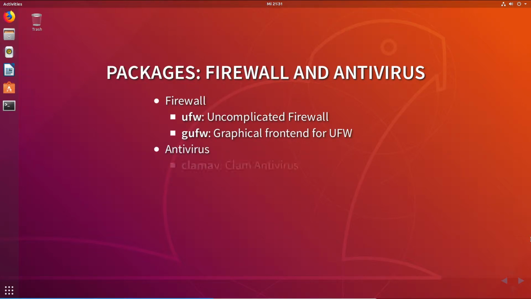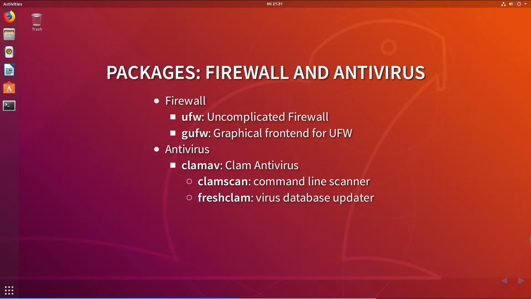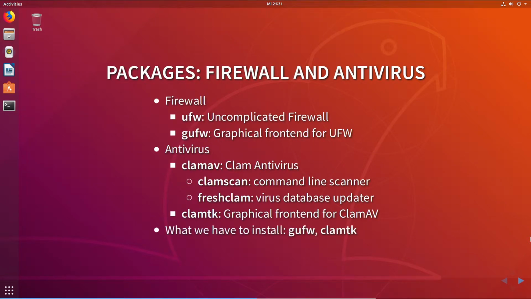And for the antivirus, there's a package called ClamAV, which contains the programs ClamScan, which is the command line scanner, and FreshClam, which is the updater for the antivirus database. And also there's a graphical front end available called ClamTK. Now, because the installers are automatically satisfying the dependencies, all we need to install in the end is the graphical front ends, which is GUFW and ClamTK.